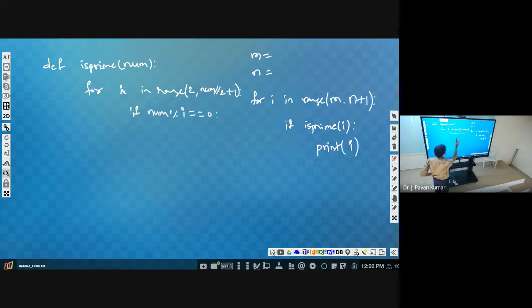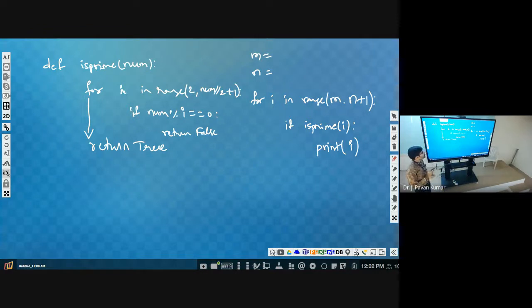If it is equal to 0, we can conclude that it is not a prime number. So we will be returning false. After completing this, if return statement not executed, then we can conclude that it is a prime. So return true. After completing this loop only, this will be considered. That means we didn't find any factor up to n by 2. Then only we can conclude it is a prime.